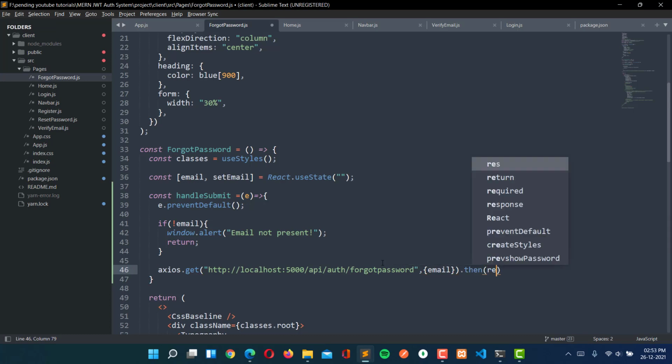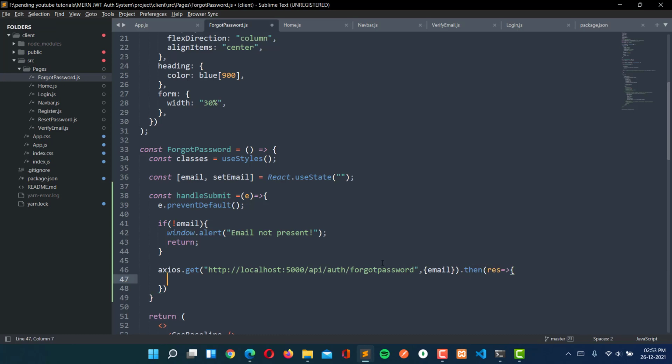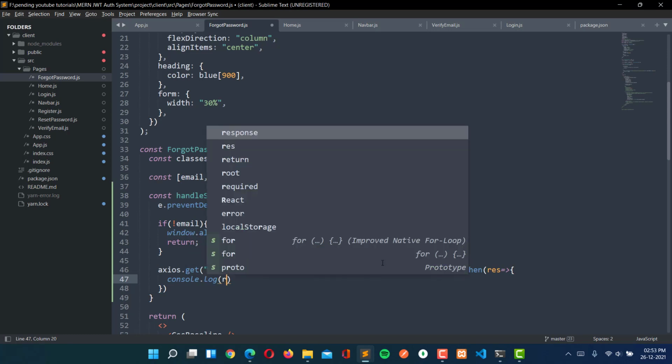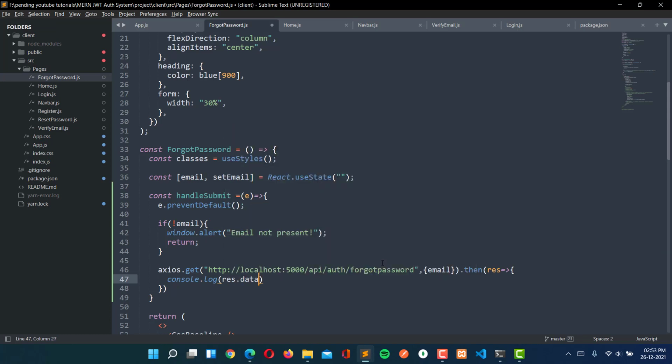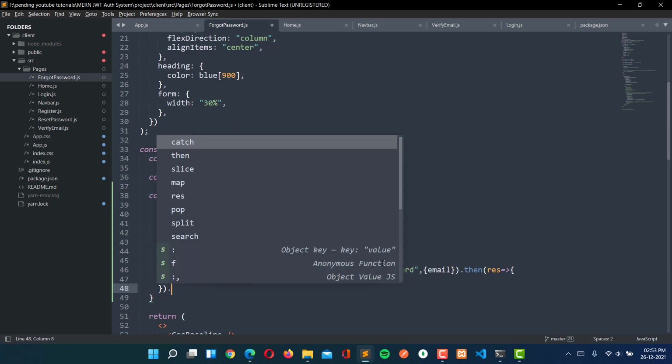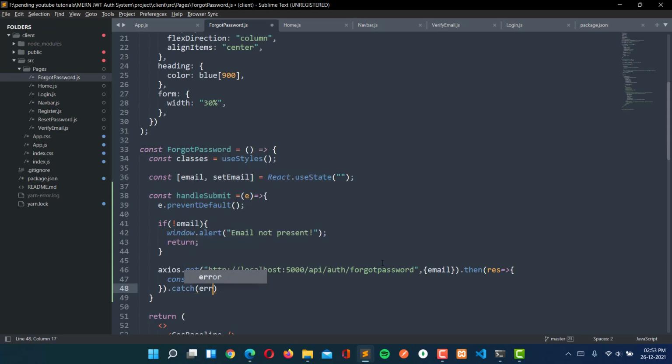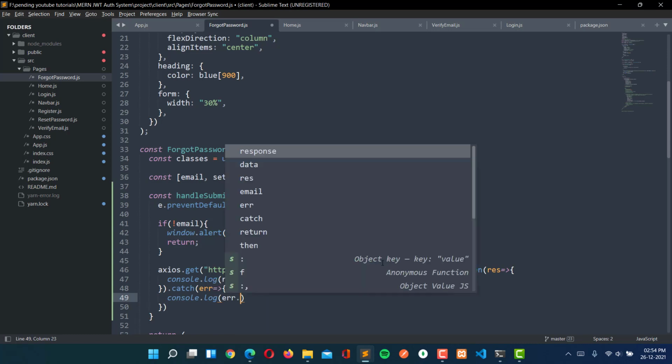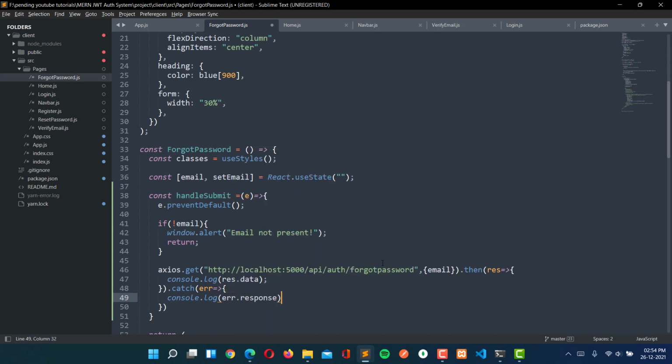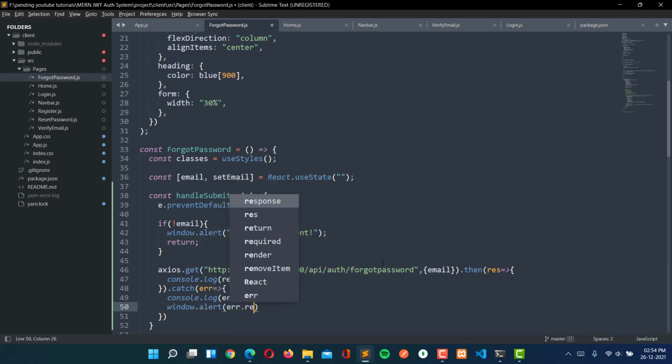Then if there is a response, we are going to console log our response data. Then catch error, so console.log our error response, and we are going to window.alert error.response.message.